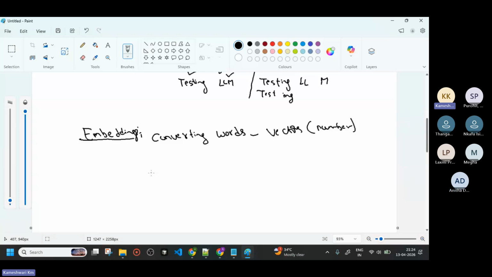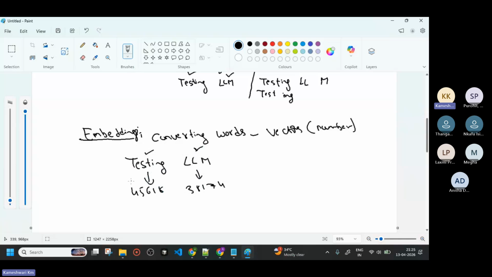So now the embedding. Consider that I have been given the word testing, which I received from the previous step. The tokenization has been done, so the tokens generated are testing and LLM. Now I am converting them into embeddings. So the testing number is like 45618 and the LLM is like 38174. Maybe we can think in such a way.